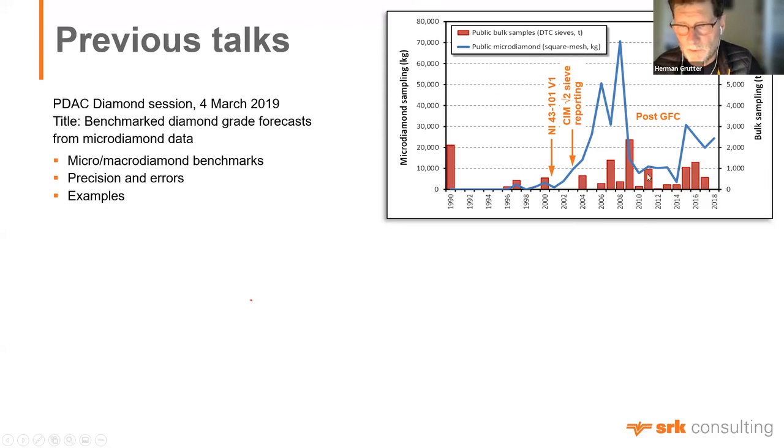And you'll see the shape of this curve is roughly the same as the shape of this curve, but it's displaced 2 or 3 years later. And that's the exploration cycle. You first get your microdiamond results, and then you follow up the ones that are of interest. And these two data sets combined, microdiamonds and the bulk sampling result that goes with a set of 3-year earlier microdiamond results, becomes a data set that you can recompile and then make these macrodiamond benchmarks out of them,